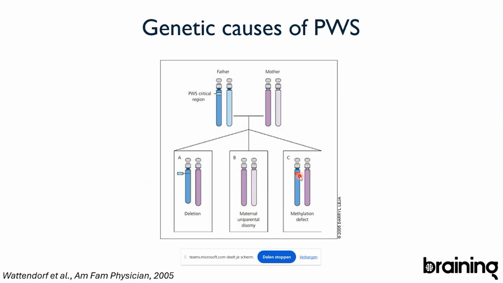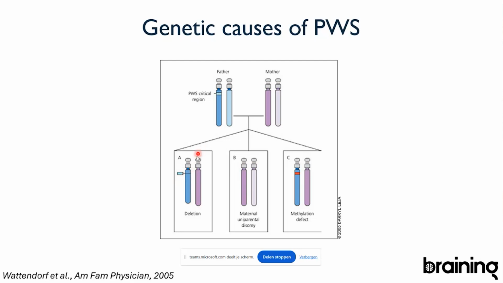and that causes Prader-Willi syndrome. Very similarly, if you did not, for one reason or another, inherit a chromosome from the paternal side, you have 2 chromosomes from the mother's side, and both chromosomes are silent. You will not express those genes. A third reason can be that you just lost the region of the paternal chromosome where those genes are expressed.